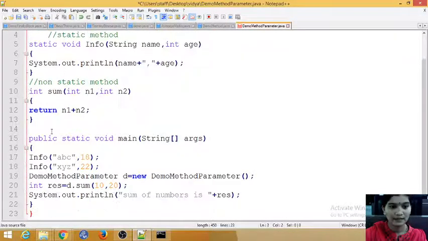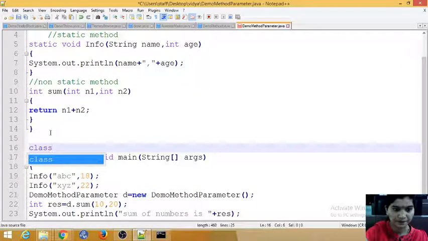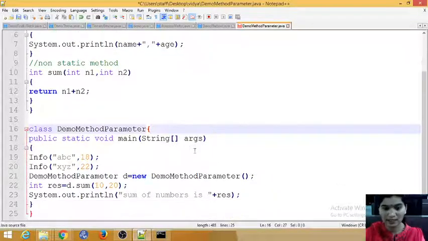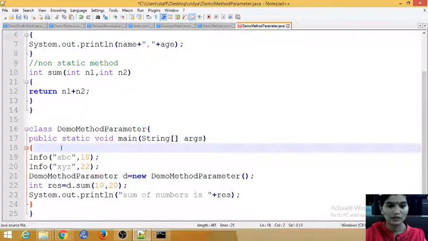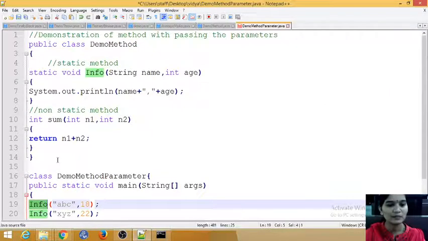So this is my one class, and for this I am creating one more class. Okay, I am giving the class this method because I have saved the file with this class only. So for the main method only I am giving. So this is the method closing and class closing. Yes. So now with that I am not using any methods here or any class name, I am just directly using a method here. Is it possible? So that we'll see now.